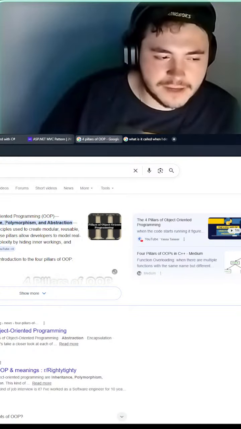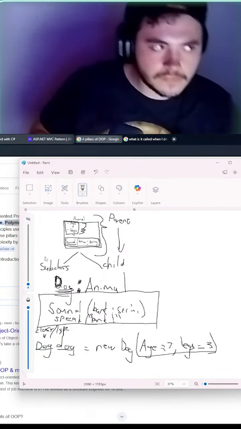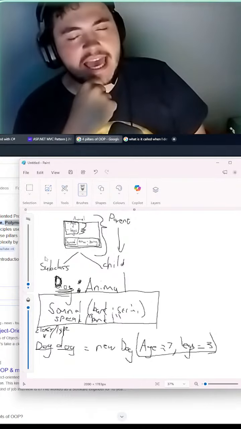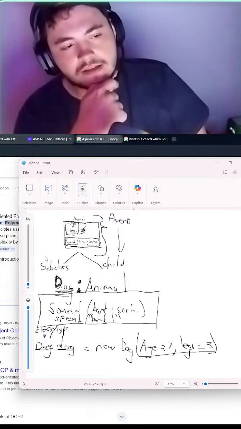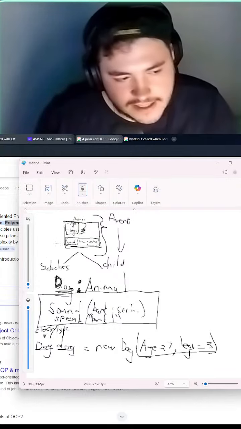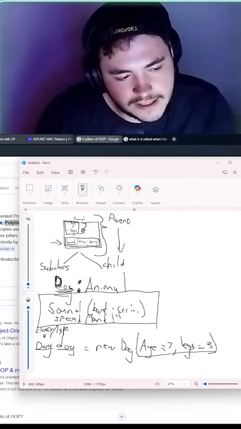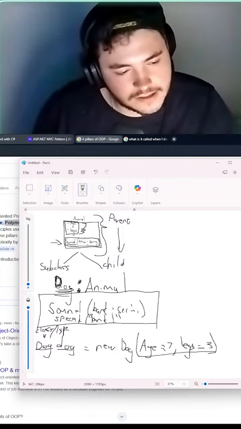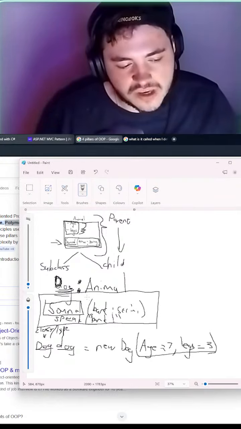Polymorphism is a funny one because it's a funny name, right? But basically, you can have functions of the same name, but they can have different parameters, and then they will be different. It'll basically be a different function. So I think I demonstrated it here nicely. In our abstract Animal class here, we defined a method called sound, but we didn't give the exact implementation of that. And we have the same name here, but we overrode it.